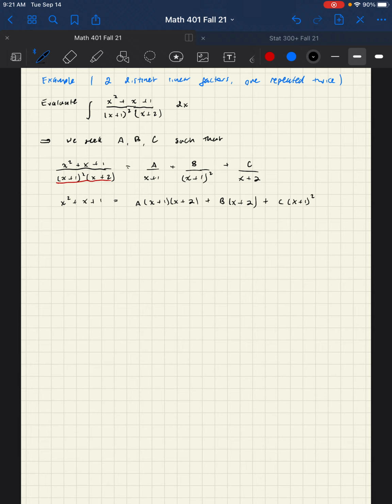Okay. And now what we can do is we can just go ahead and multiply it all out, and hopefully we get something nice and simple. So A times x squared plus 3x plus 2